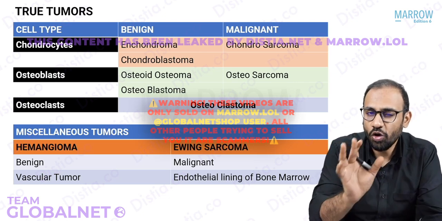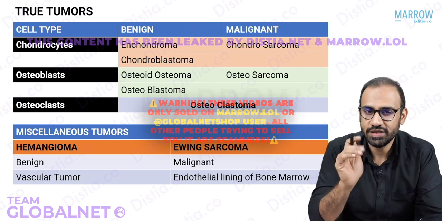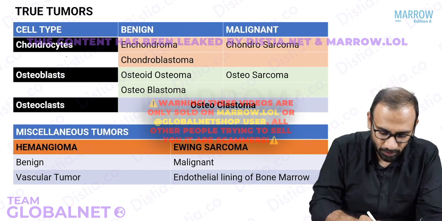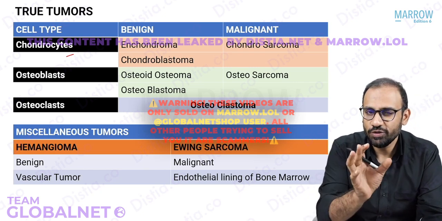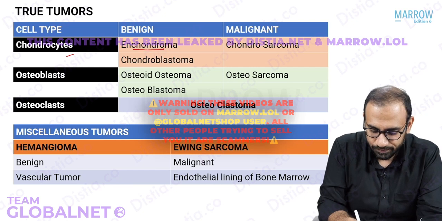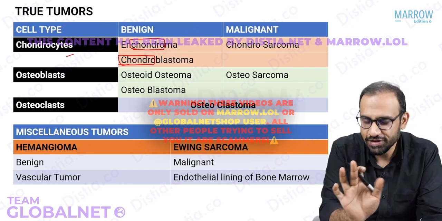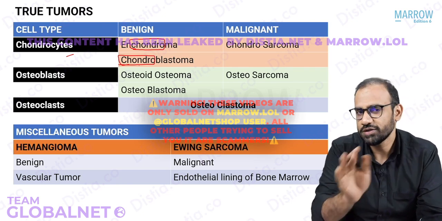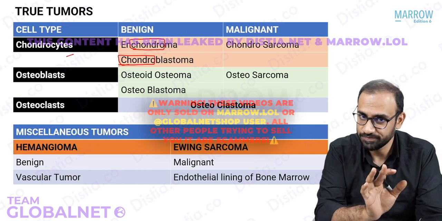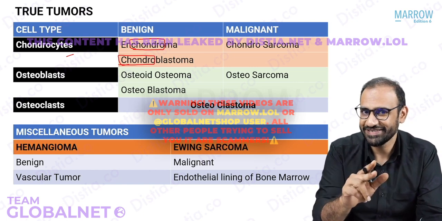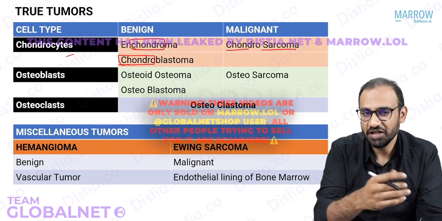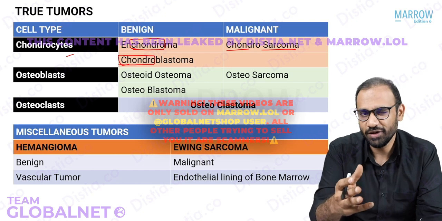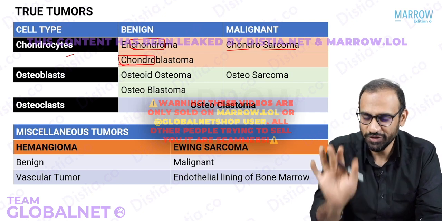Okay? So what are the chondrocytic or chondroblastic benign and malignant tumors? Chondroblastic benign tumors are two: enchondroma and chondroblastoma. So what are you hearing here? The word chondro. If there is the word chondro, it means there is a cartilaginous element. So enchondroma and chondroblastoma are benign cartilaginous tumors, and you already know how they will appear on X-ray. The malignant variant of cartilaginous tumor is chondrosarcoma. Another hack: wherever there is the word sarcoma, is it benign or malignant? Malignant. Okay? So far so good.